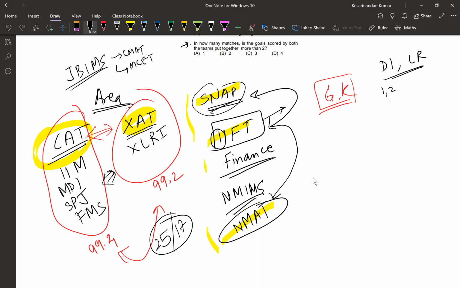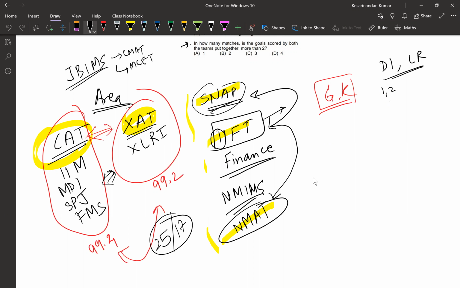And Kesri, one more small doubt. Yeah. So the portion which we are covering, is this applicable for GMAT also? Largely yes. One or two things, like you will have to check it through the verbal faculty. In verbal, the syllabus is slightly different, and in the LR part slightly different. Just 1 or 2 topics are different. Otherwise, it's pretty much the same.